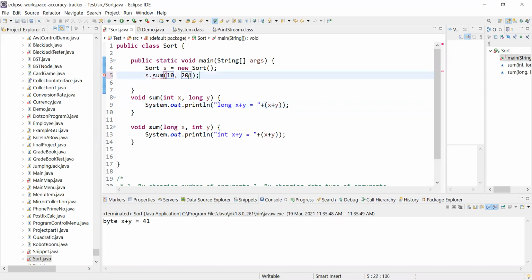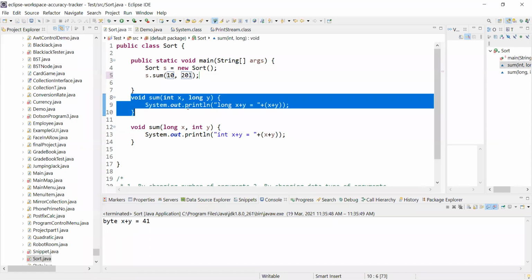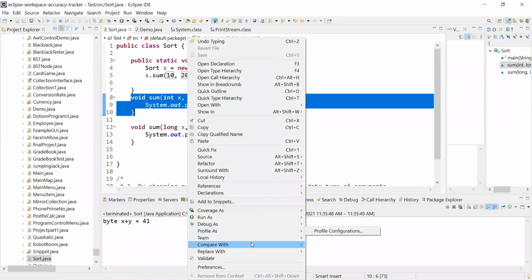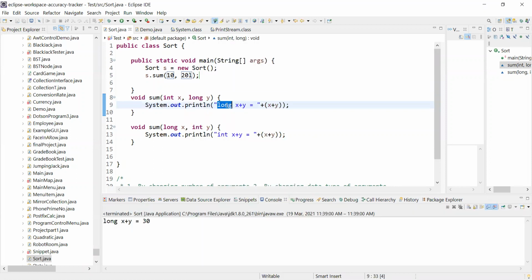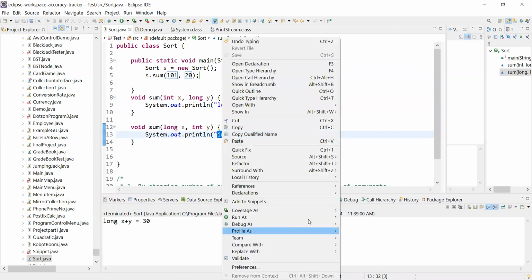Like now I'm clearly instructing which one I want to call. So I'm calling this one this time, and you can see we'll get this answer. And if I say this should be the long and let it be int, then it is fine, and it will call this method.